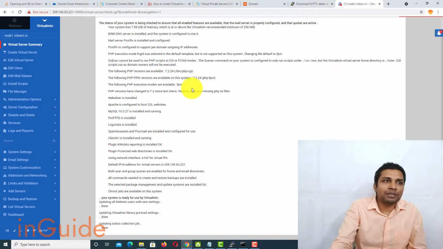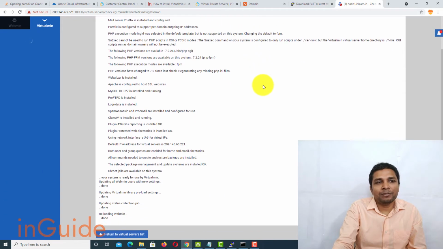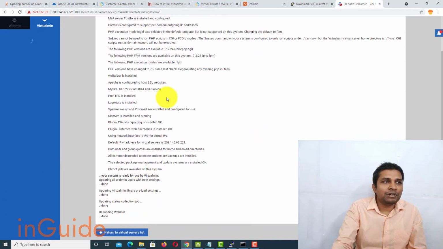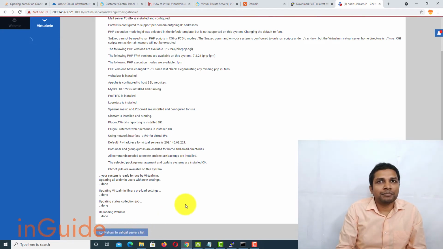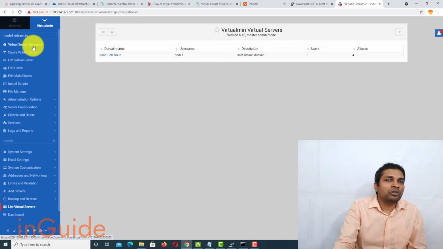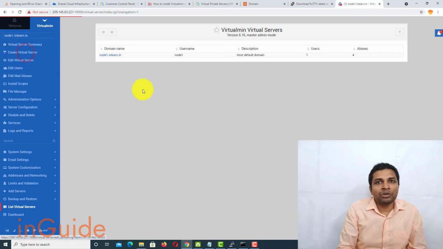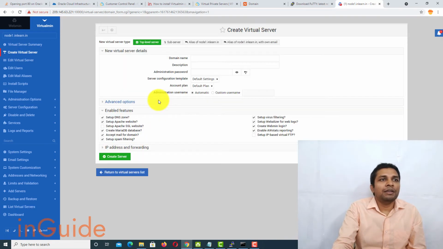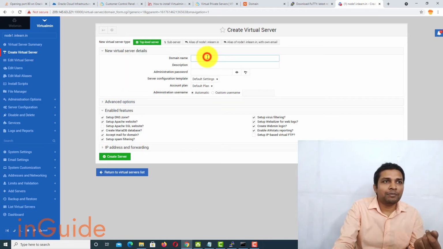It again takes quite some time to check the configuration, and once done you will be able to return to virtual servers list. And now the configuration of virtual server is complete. If you want to add a domain name, then you have to go to create virtual server, and here you have to enter the domain name.